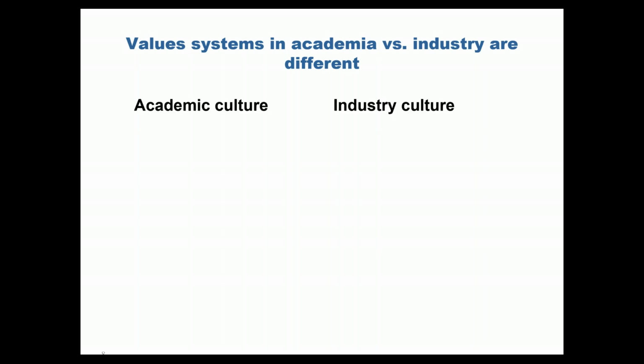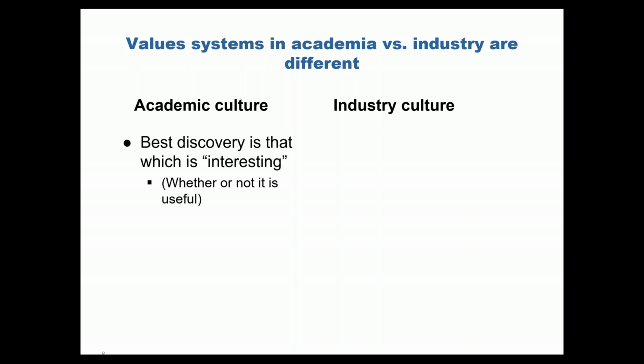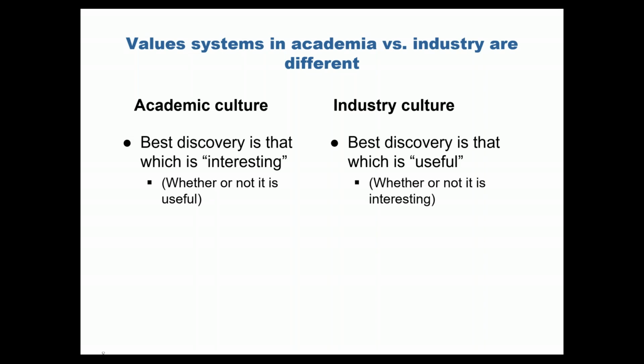In the academic culture, the best discovery that you make is something interesting to you and your other colleagues in your sub-discipline, whether or not it's useful. However, in industry, the best discovery is something that is useful, whether or not it's interesting. And this distinction is one of the reasons why I think physicists can sometimes struggle in thinking about technology commercialization,